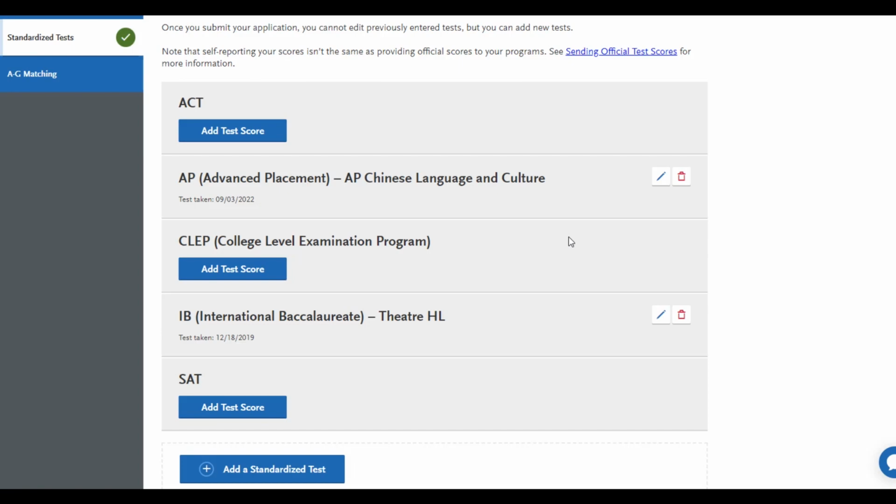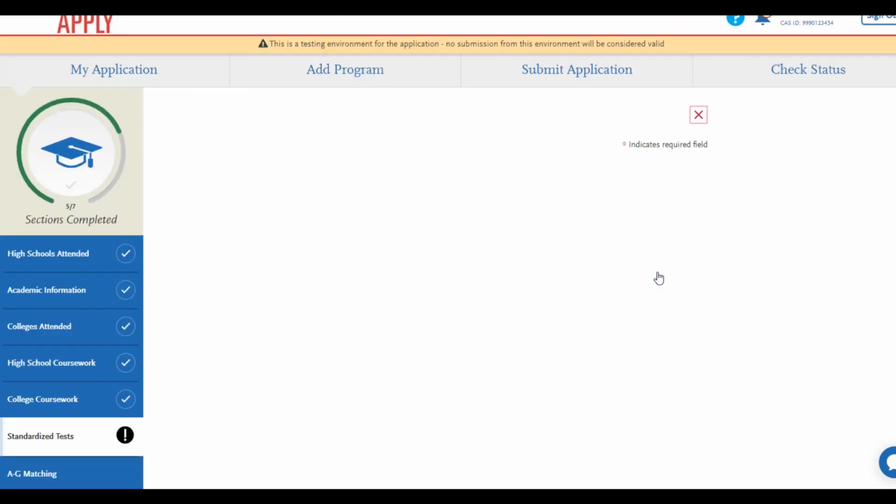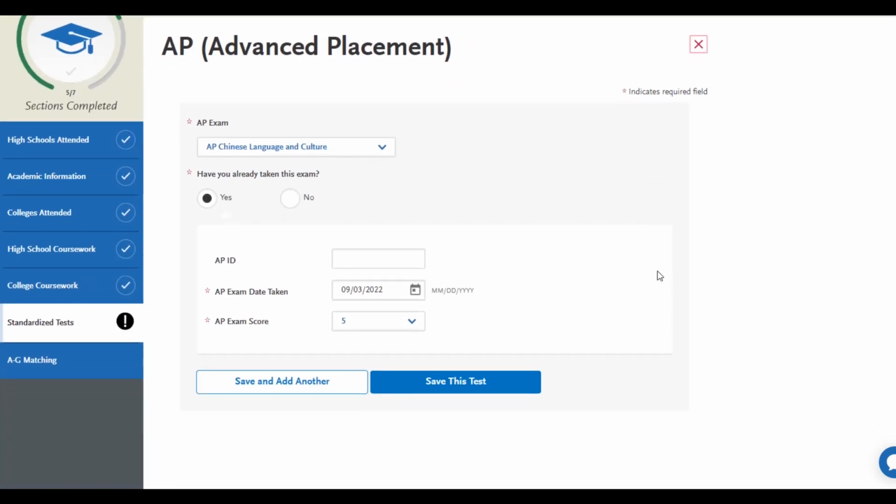You would only potentially be using the AP or the IB sections if you were testing out of an A through G requirement. The area we typically see this the most in is foreign language, area E. For example, if I already took the AP Chinese Language and Culture test and I scored a qualifying score of 3, 4, or 5, that allows me to meet the minimum requirements for Area E, 2 years of foreign language